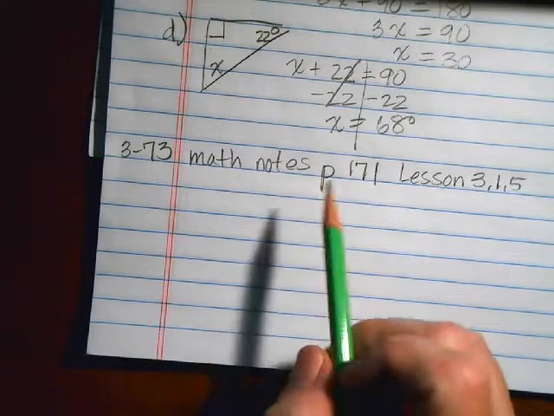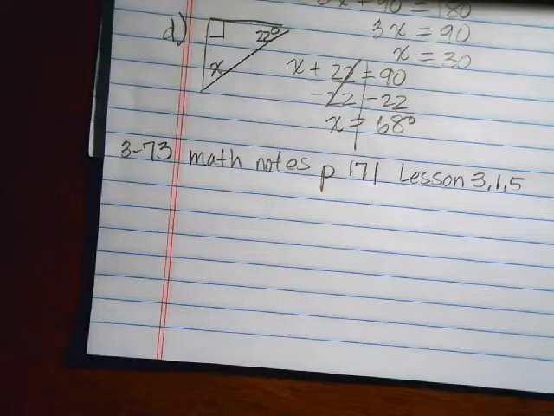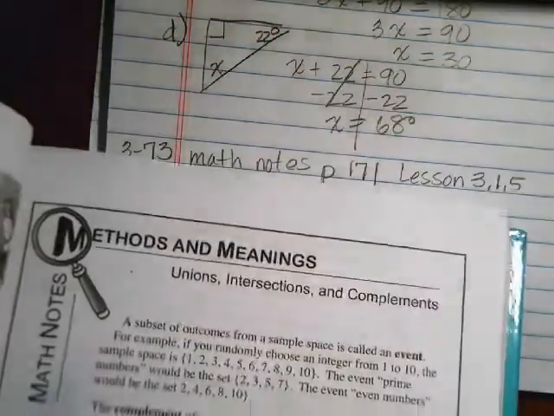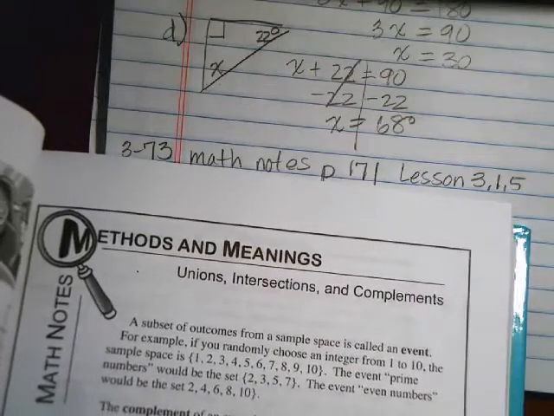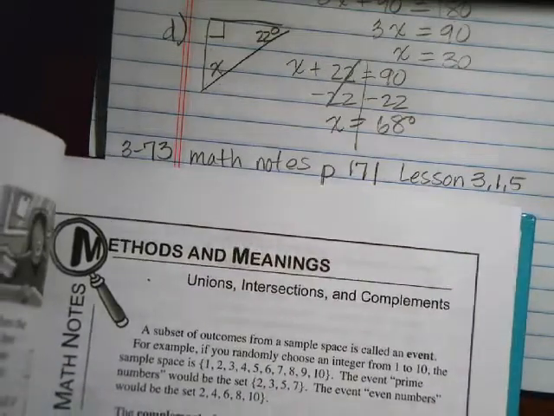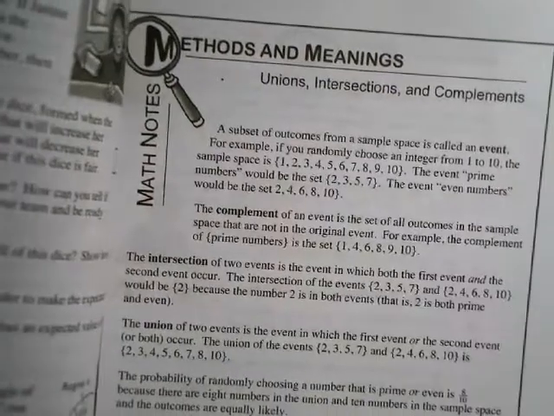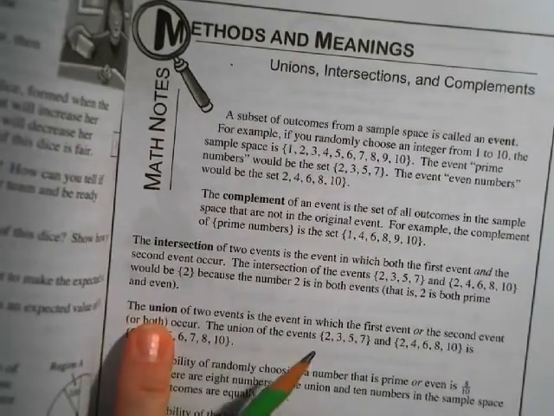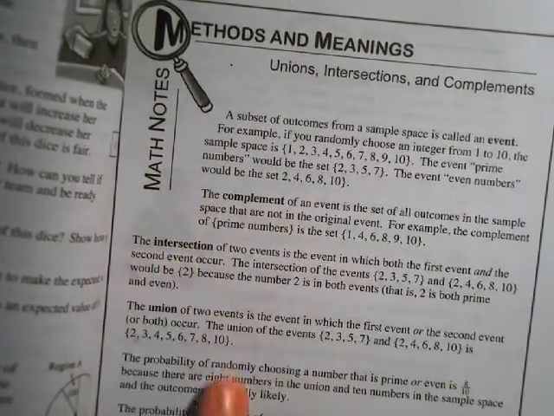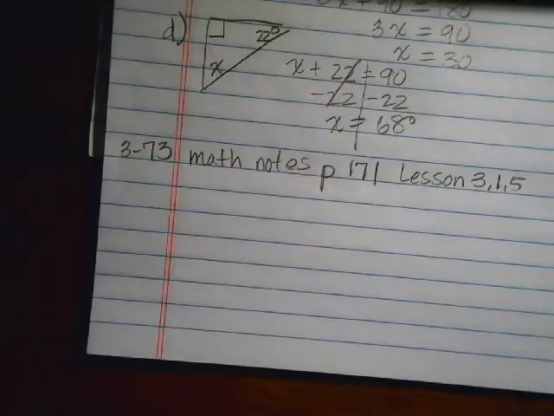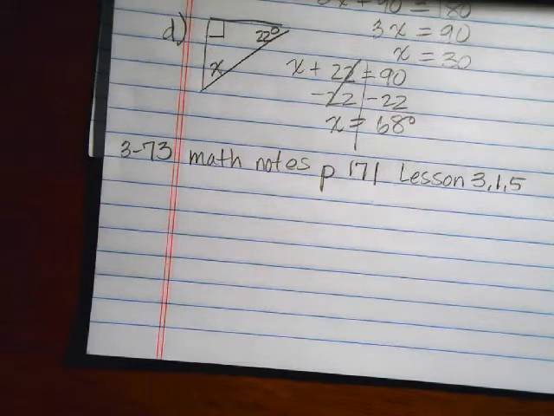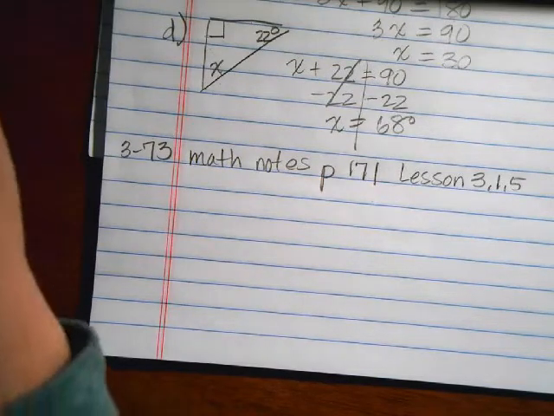Okay, so there's some math notes on page 171, and that is in lesson 3.1.5. If you're looking at the ebook, that are very helpful. It has a definition for union, intersection, and some rules that you can use. I'm going to use just an example with all of the cards printed out. So